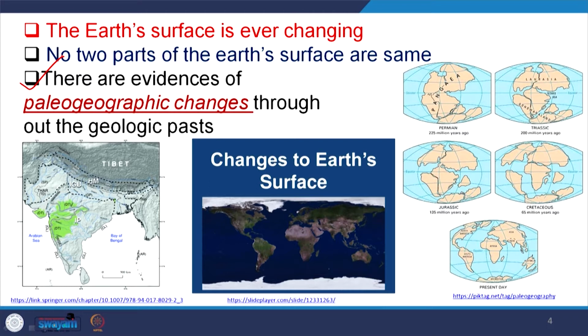Similarly, if you consider the coastal parts, if you remove 10,000 years from the geological time scale, you go to the Holocene. The end of the Pleistocene was marked by deglaciation. When glaciation was there, the whole earth surface was glaciated, and all the continental parts were occupied by glacier ice. So, the mean sea level was much below, say 100 meters below the present level. When the sea was 100 meters below the present sea level, rivers were discharging their sediments at the deeper part of the ocean, the deeper part of the bay.